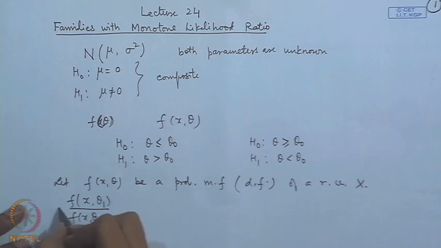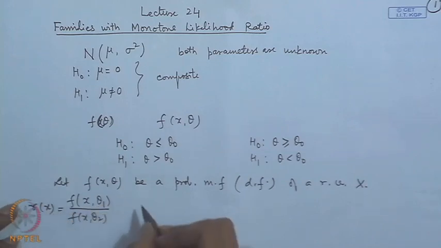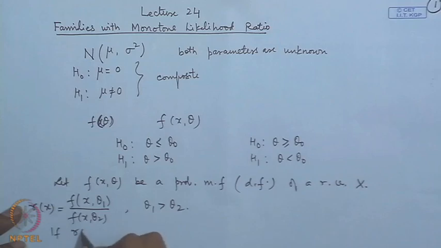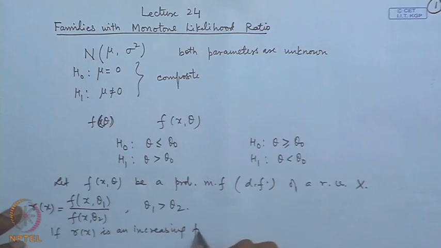Let me call this ratio r x, and let us take say theta 1 greater than theta 2. If r x is an increasing function of some variable say t x, then we say that